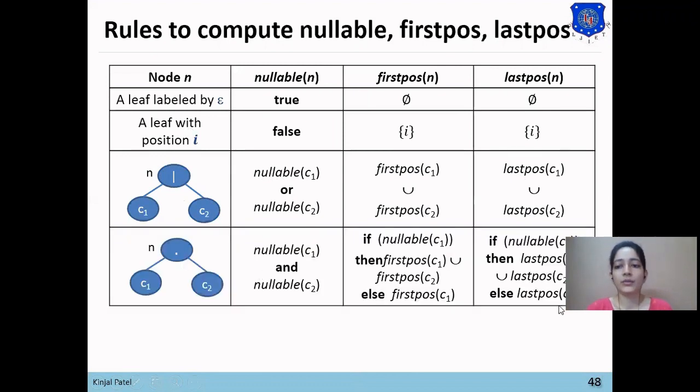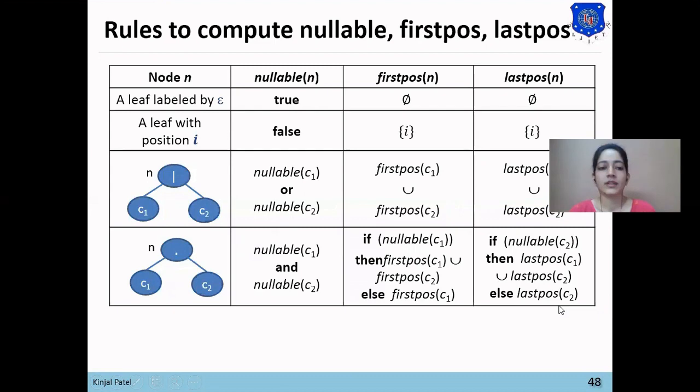Then for the dot node, it has two children, so we will check if nullable of C1 is true. If it is true, then we will take the union of first position of C1 and first position of C2. Else we will just add the first position of C1.